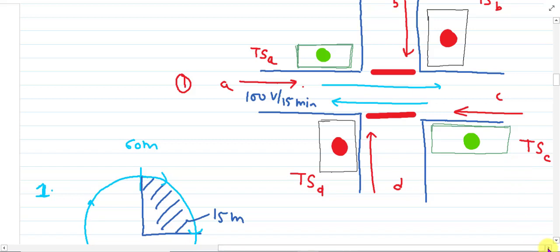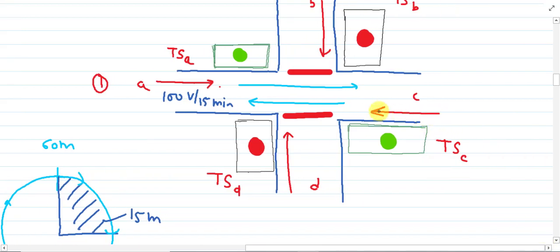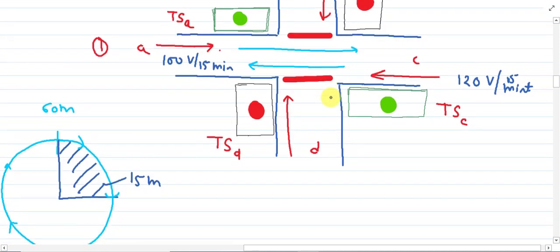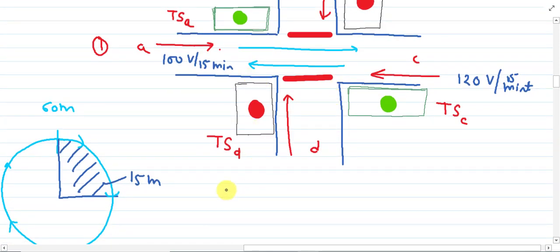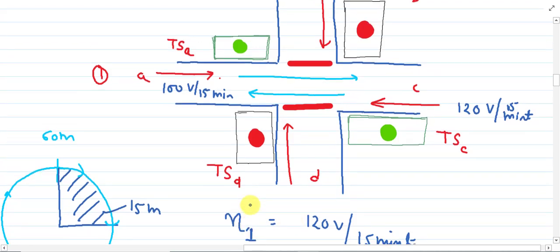Similarly, there is a value for this 1 arrow which moves toward the west direction. So let's take this as 120 vehicles per 15 minutes. Okay, you will take the maximum of these values in the east-west direction. So in that case, for road 1 the maximum flow, represented by n1, is equal to 120 vehicles per 15 minutes. So this is the maximum value for 15 minutes